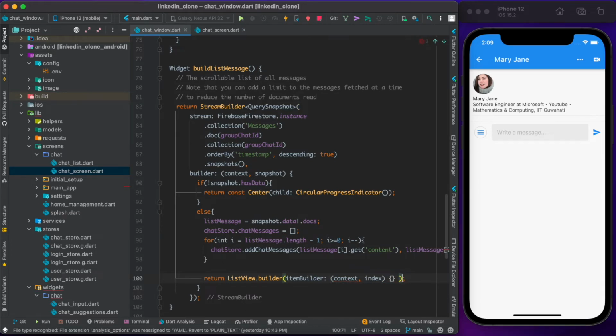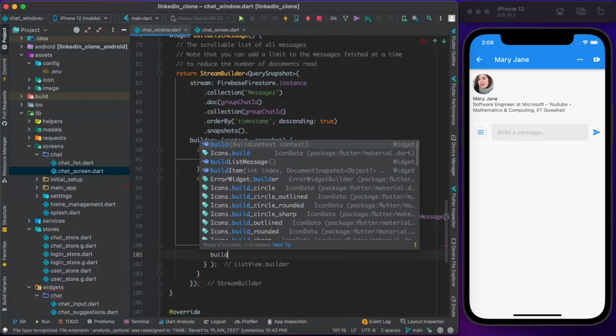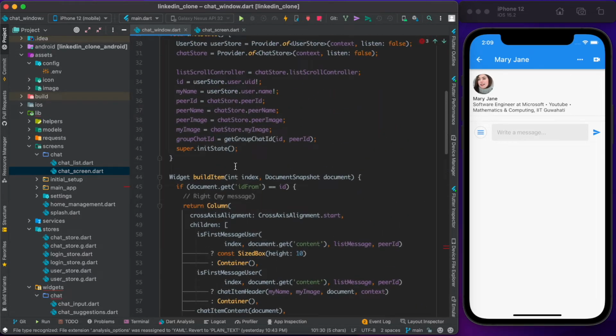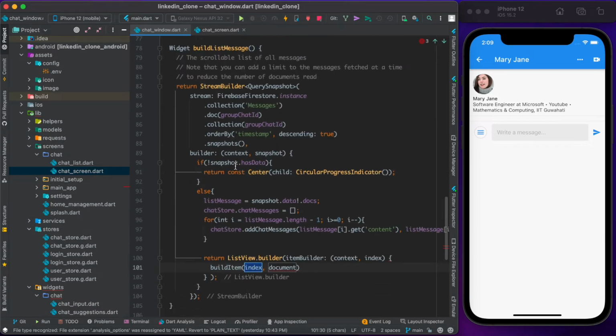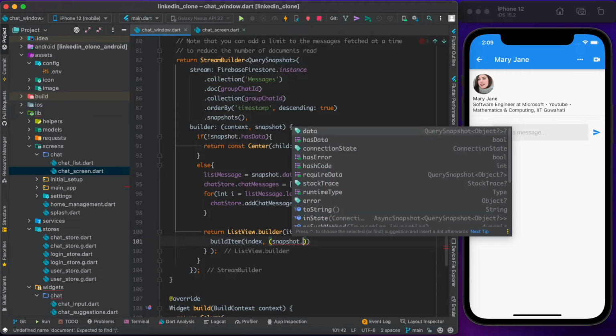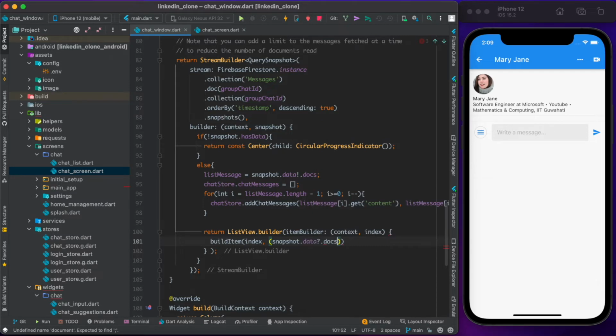Inside here we have to return a buildItem, which I showed you up here. It represents one of the chat messages, and buildItem is going to take an index and the document. The document will be snapshot.data.docs, and I'm going to make sure it's not null.